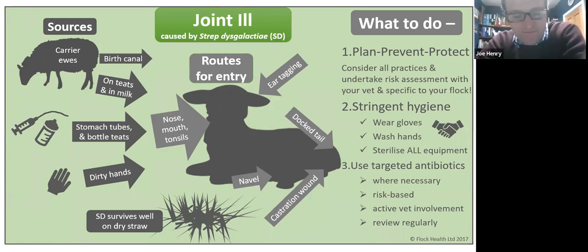Yeah, absolutely. And the other thing is, use stuff from your own farm if you can, because they'll have the immunity to the bugs on your farm. So that's a double win whenever you buy powdered. It's sort of generic immunity, as it were. But having said that, if powdered colostrum is easy, and it's the middle of the night and you've got triplets, then if it's a choice between not supplementing colostrum or supplementing colostrum, I would supplement with powdered rather than